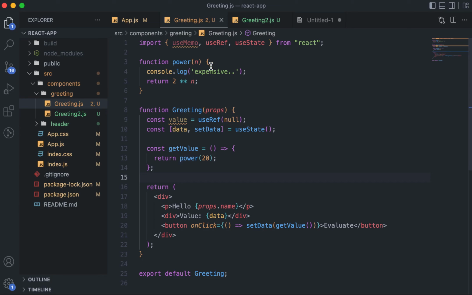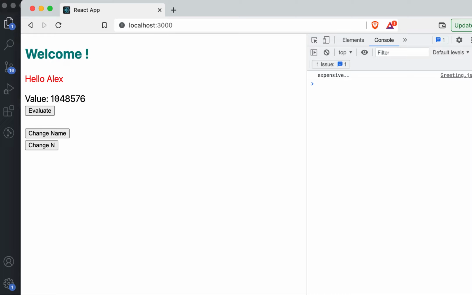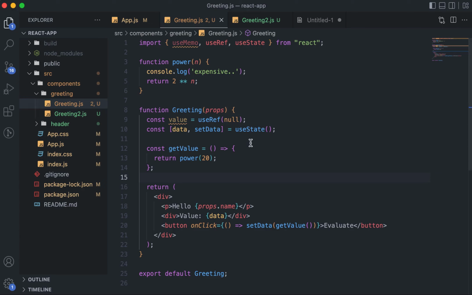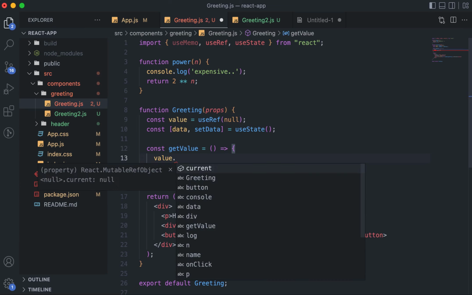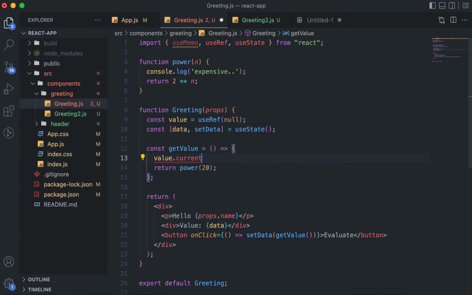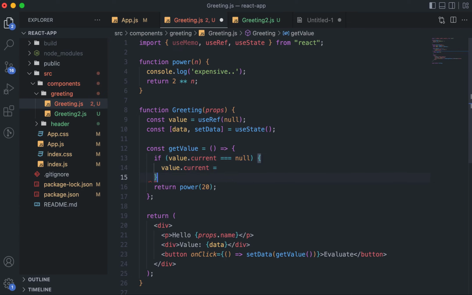But this is an expensive calculation, and we can see that whenever I click again and again, every time that expensive calculation is being done, which I don't want. And exactly for that, earlier I defined that value as a ref. What we are going to do is something like val.current. We are going to check whether this is currently set or not. If this is currently null, that means we need to evaluate this, and this needs to be evaluated to